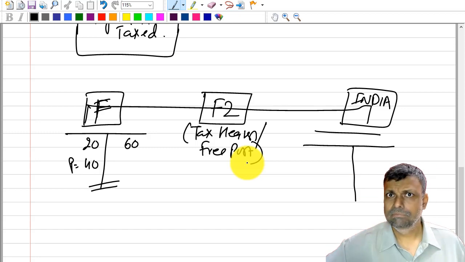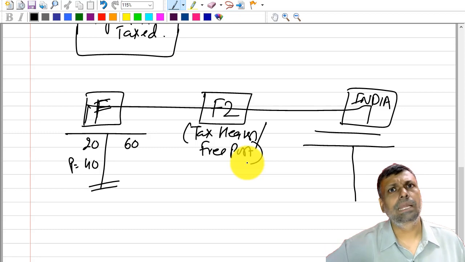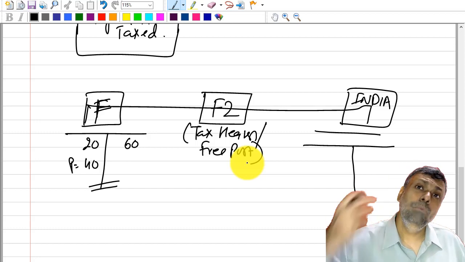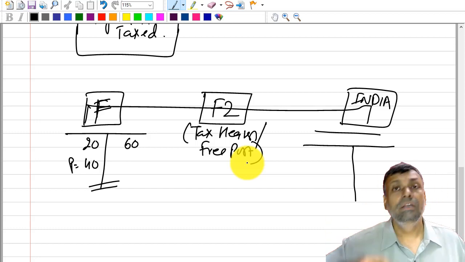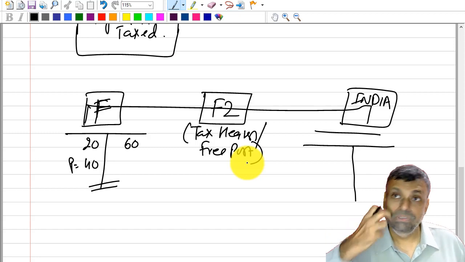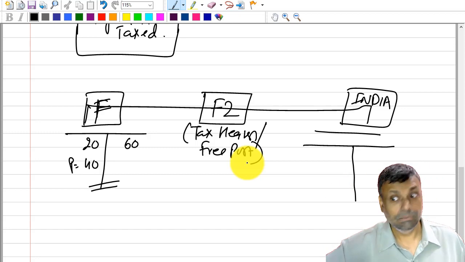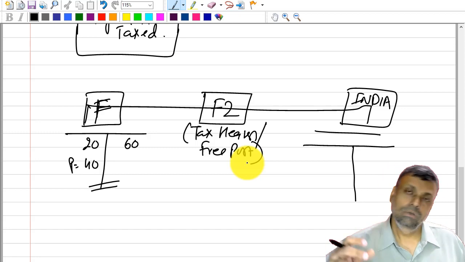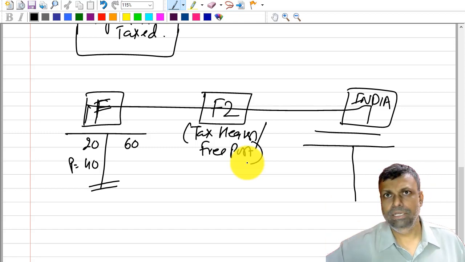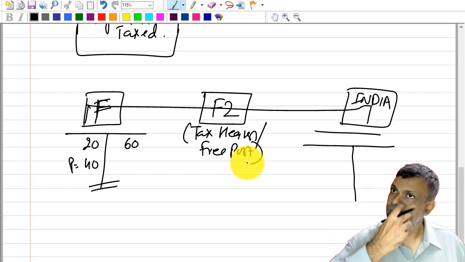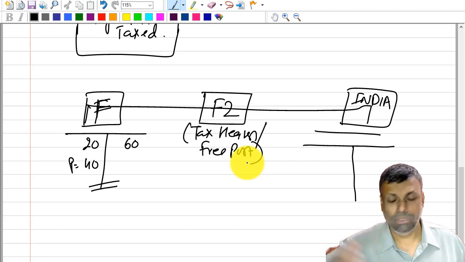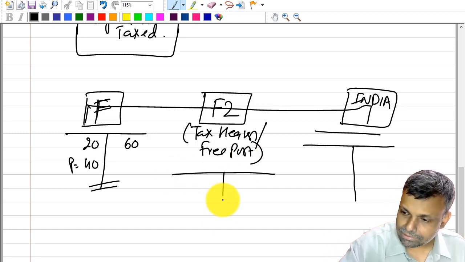He'll be willing to pay taxes. He will say, I don't mind paying taxes in that particular country, but my name should not come anywhere in the world. So there are many more types of categories of havens, different free ports, depending upon your requirement. International experts will tell you that if this is your requirement, then this is the best country. So what this foreign company will do is float some company or corporate entity. It can even be a non-corporate entity in some havens, maybe tax havens or free ports, whatever you want to call them, and it will route the transactions through that particular